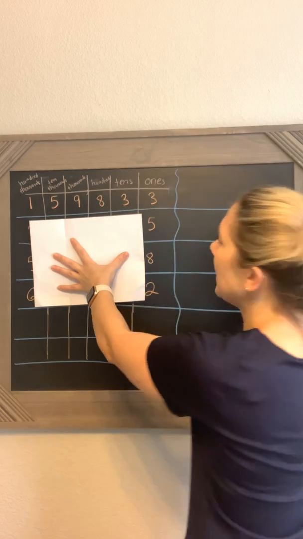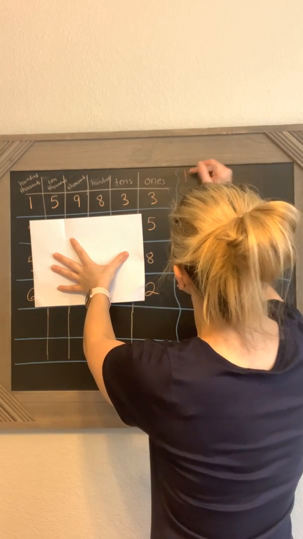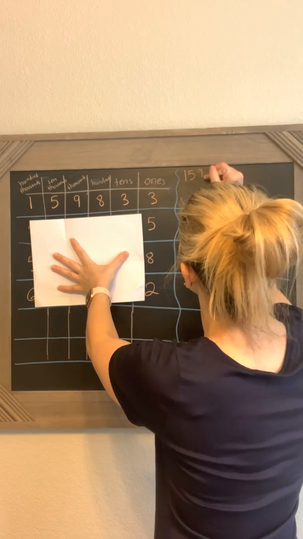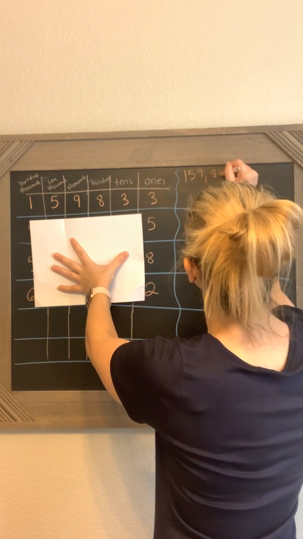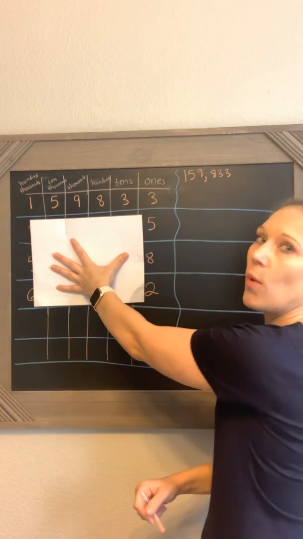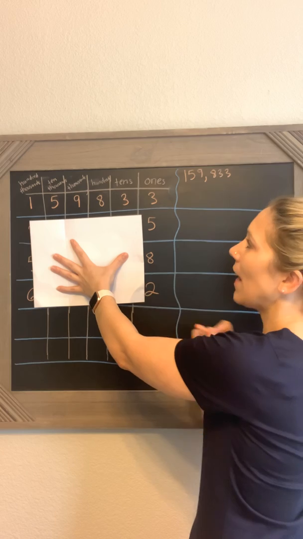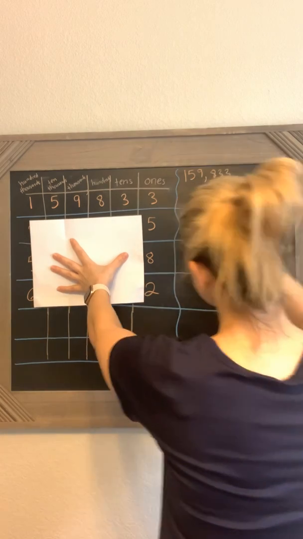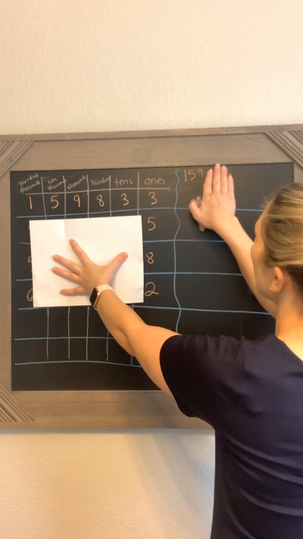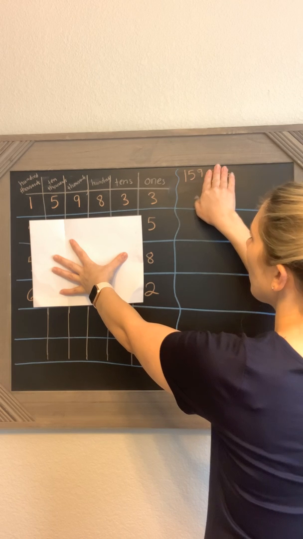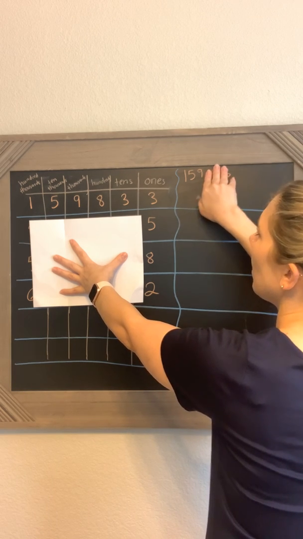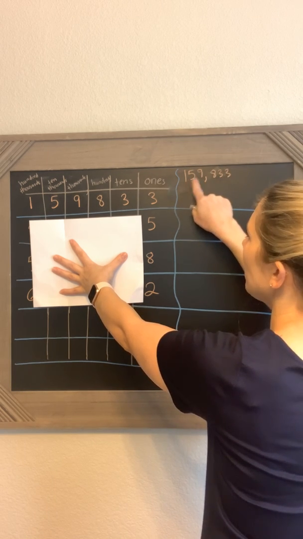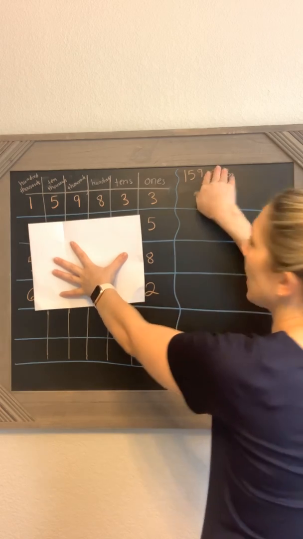So when I write this in standard form, I'm going to write 159,833. And the way I read that, I'm going to write it in word form as well. So when I cover up just that part of the number and look at the first 3 digits, I'm going to say 159 because that's what it looks like. So I'm going to write